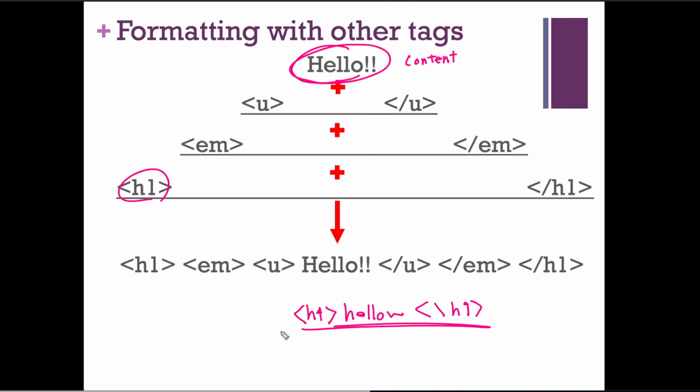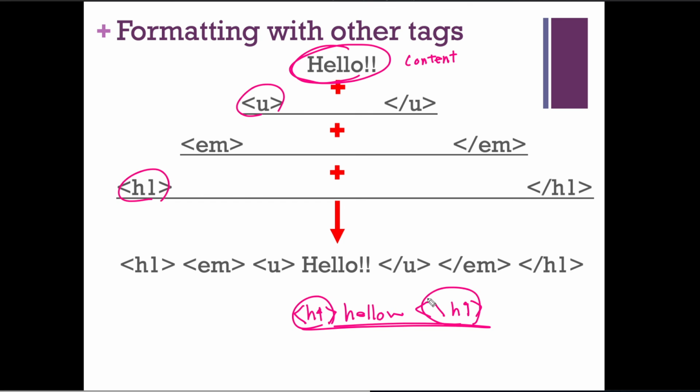This is what we learned so far, because H1 is a container tag, and this container H1 tag is holding hello in it. Now, what if we don't like this basic style of H1, and what we want to do is give an underline? What you have to do is